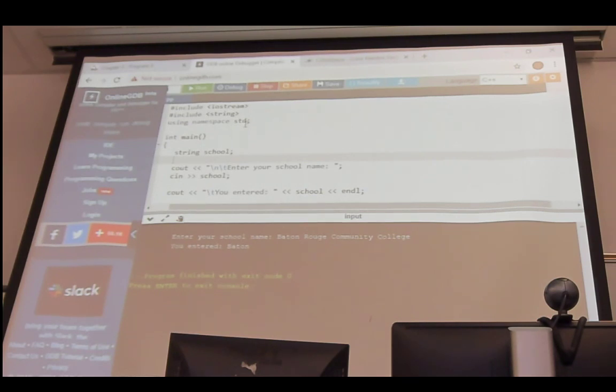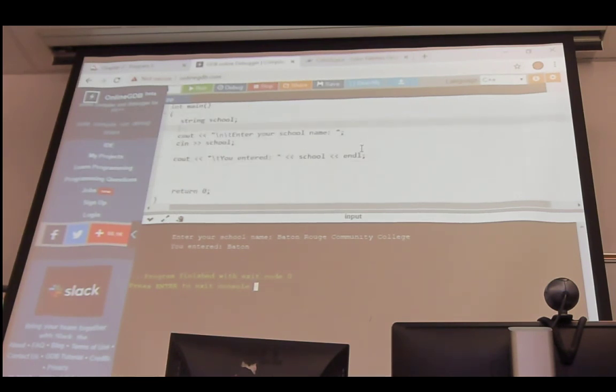Remember what I said in your assignment that I gave, when you read in string data and it's got spaces in it, you have to use the getline. You understand? What happens is all that other data is left in the buffer. Let me show you. If I had something like this,